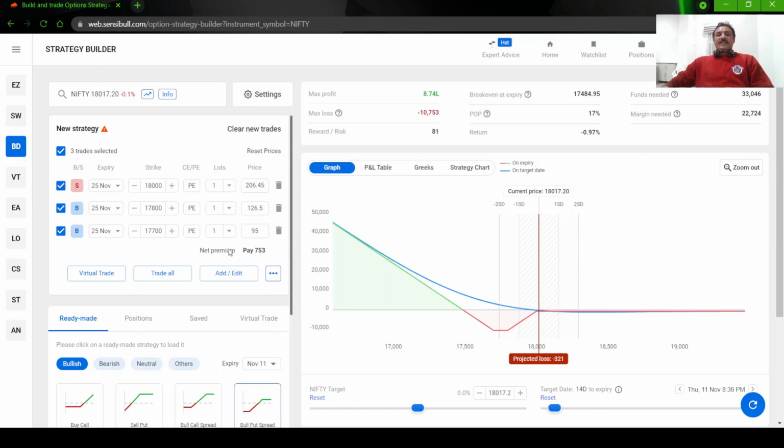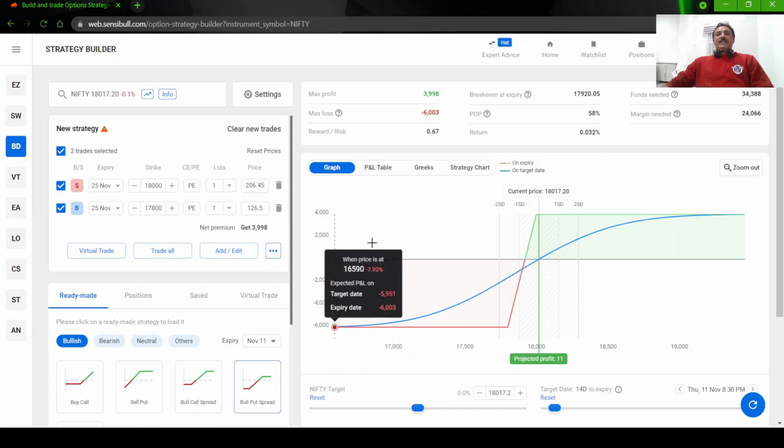let's see the strategy. What we will do, if we delete this, this is a bull put spread, right? So this is a net credit strategy. By adding one put more, we convert this to a net debit strategy. This strategy can be taken in three scenarios. One is net debit strategy. Second one is a zero cost strategy. Third one is a net credit strategy. We will go through one by one. Each scenario we will go through one by one.